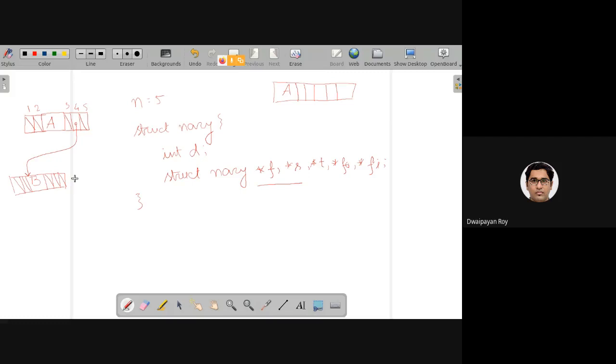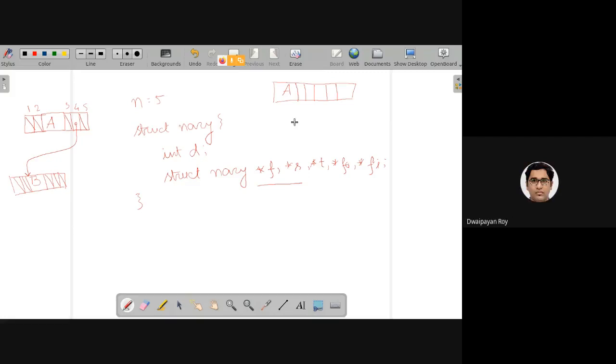Can you please repeat your question once again? Yes, sir. Like, if we have a node with the highest degree, that number of pointers we need to create for each node. Say in a tree, one node has degree 6. Then we need to create a struct data type with first, second, third, up to sixth, right? Very nice.